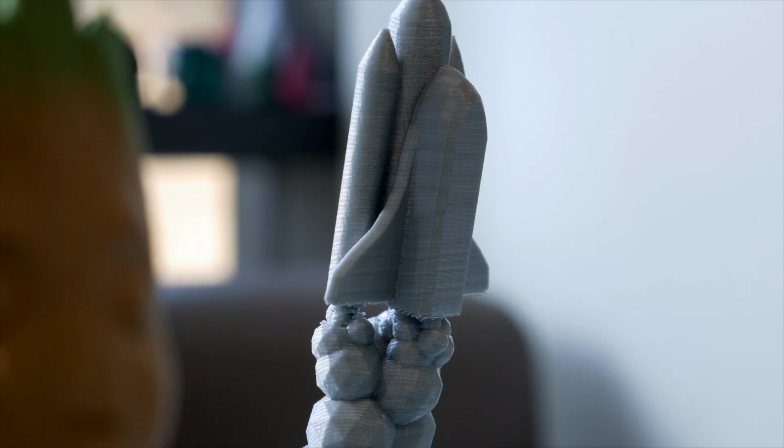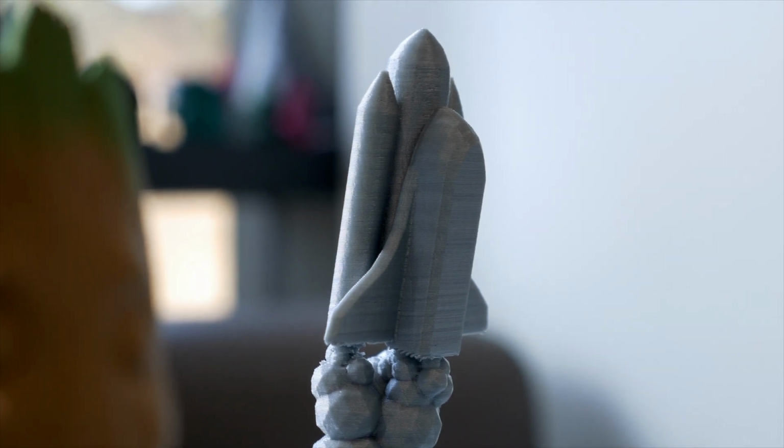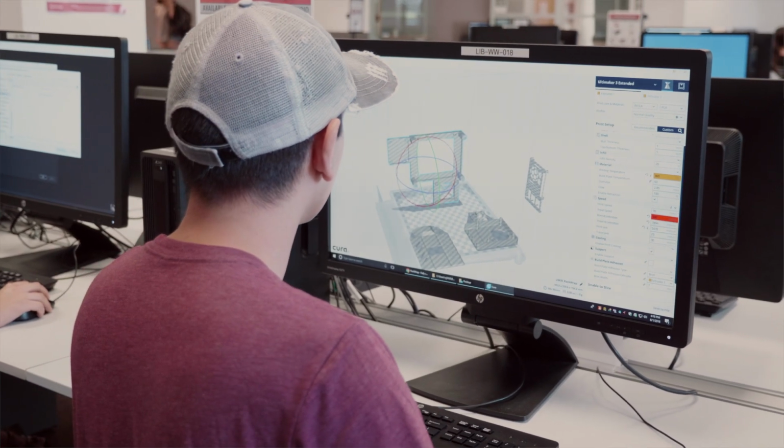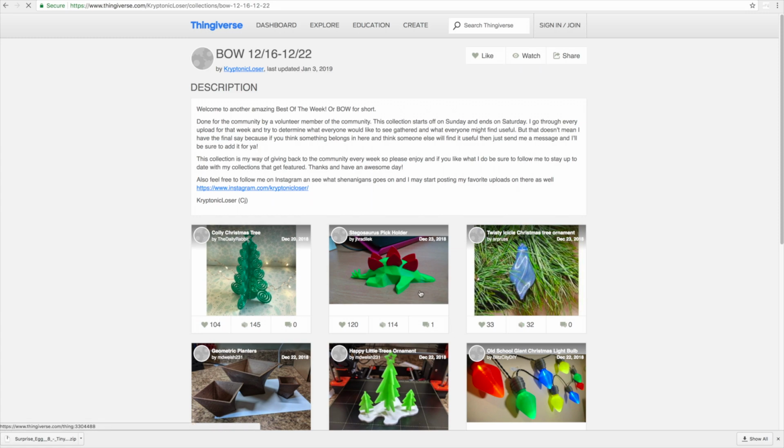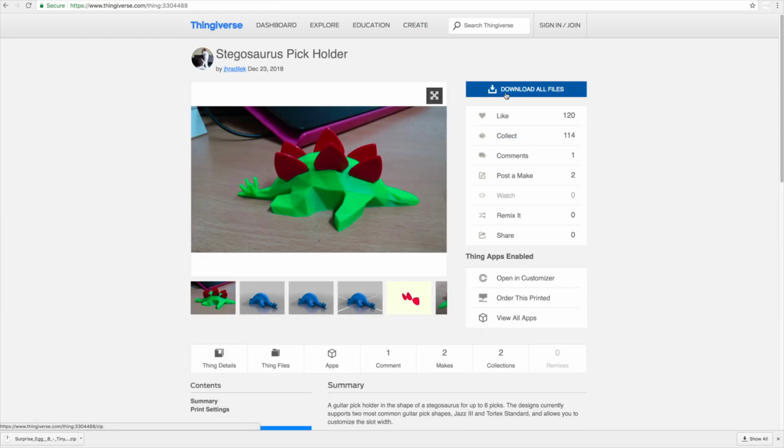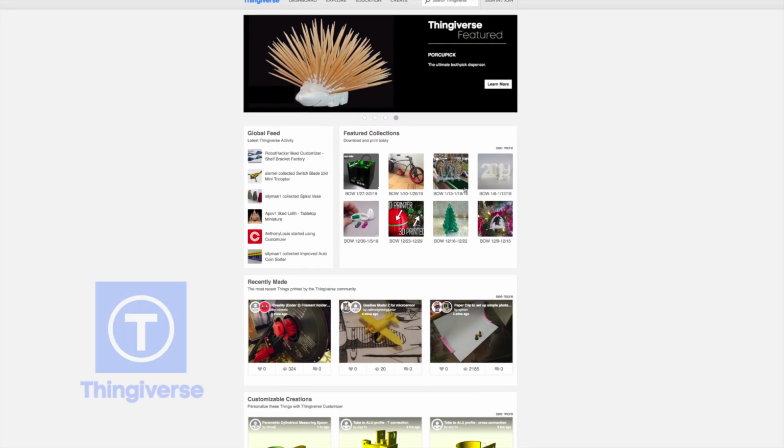The process of getting your own 3D print is simple. First, we need a 3D model formatted as an STL file. There are a few ways to obtain an STL file. You can download STL files from websites that offer ready-to-print 3D designs. A free option that we recommend is called Thingiverse.com.